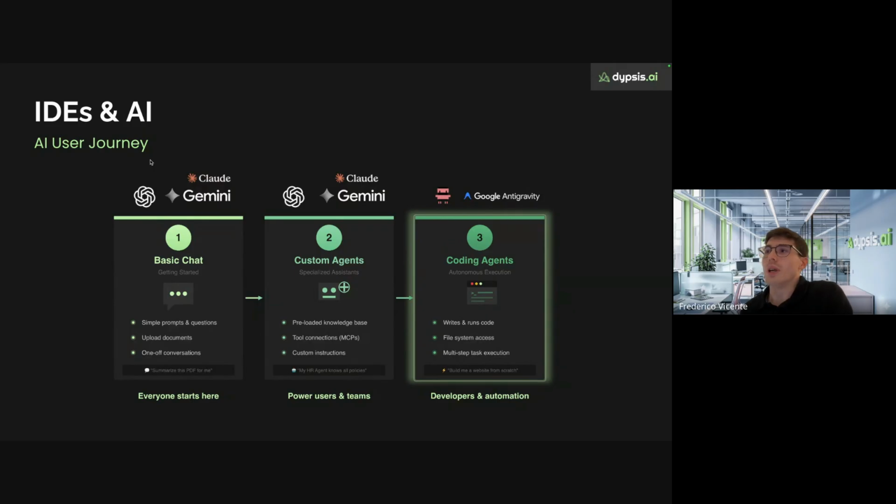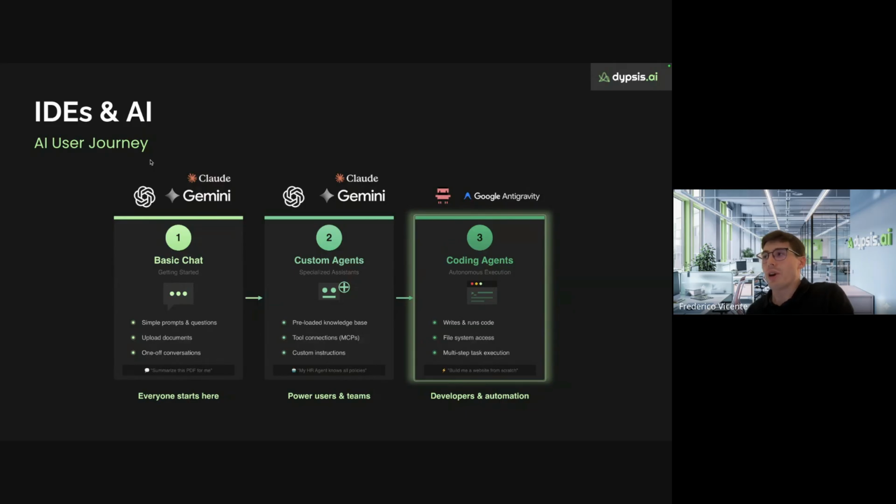So, for example, normally when users start using AI, usually they are basic users, so they start just chatting. Maybe you go to ChatGPT and you request help to write an email, or you give a document and you ask for a summary of that document, for instance.